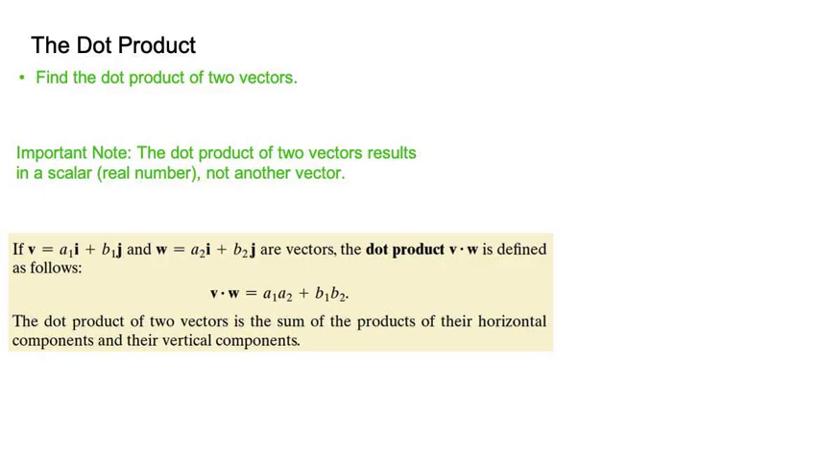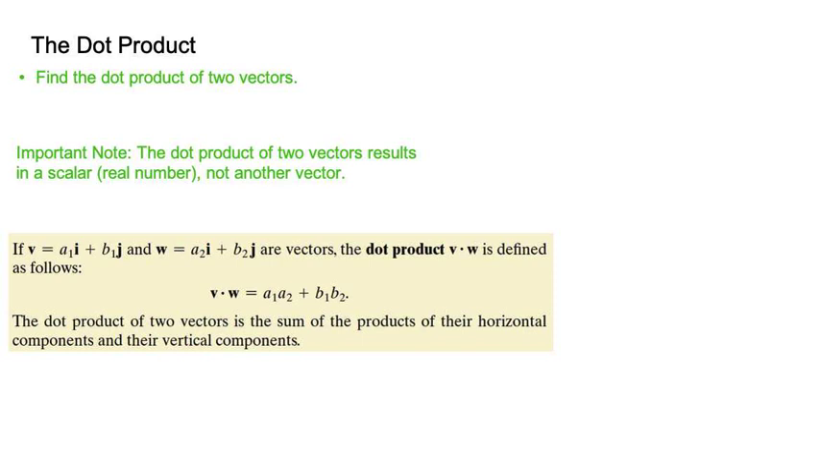Off to our first objective, to find the dot product of two vectors. First of all, note that when we find the dot product of two vectors, we get a scalar, a real number, not another vector. When we added vectors, we got a vector. When we subtracted vectors, we got a vector. When we multiplied a vector times a scalar, we got a vector. But when we do this dot product, which is not really multiplying, we do not